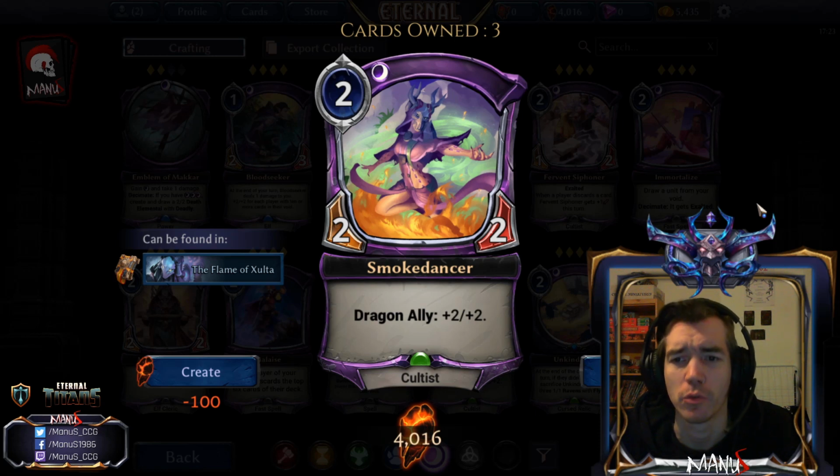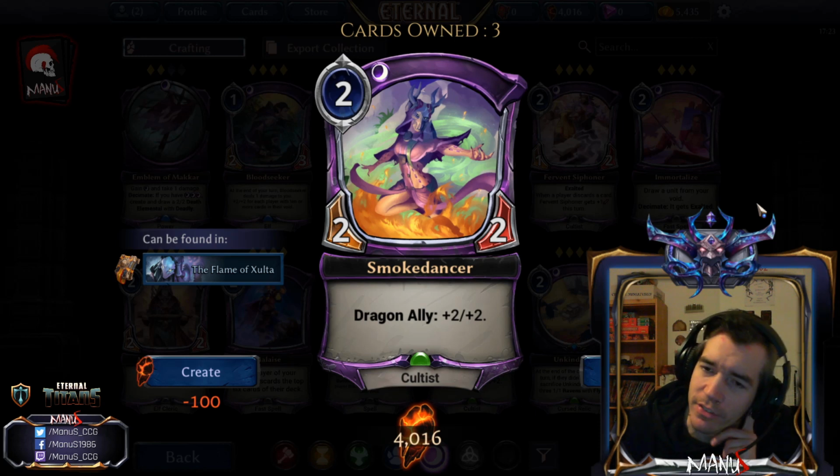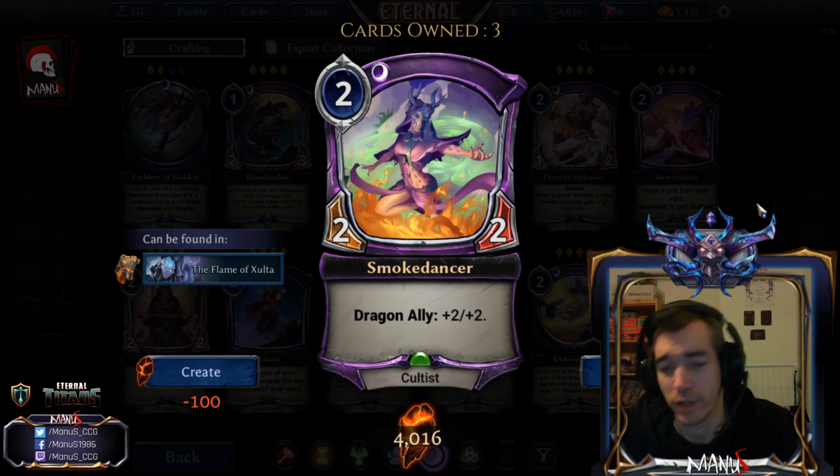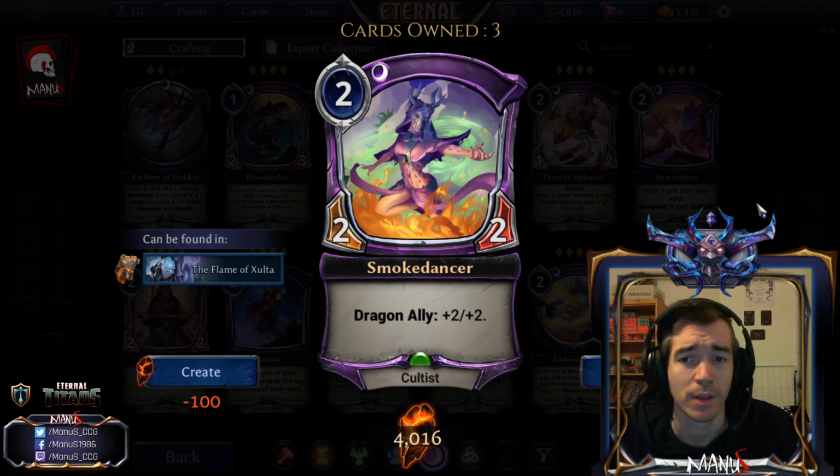I considered it in Throne as well, but in Throne we just have too many 2-drops that are just better than this on average, like Instigator, War Leader, stuff like that, that just doesn't need any condition to be better than the base version of this and isn't much worse or even as good still as the allied version of this, and more often than not, unless you have Whelp, this